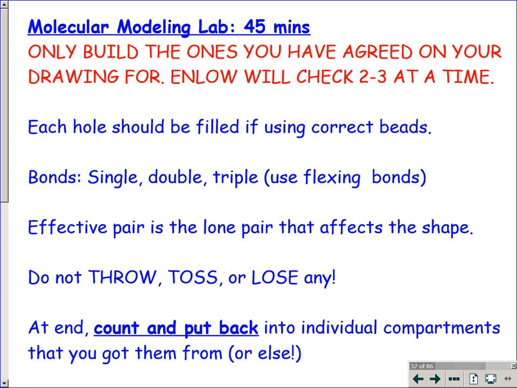Why can't we just all use like that? M2 is non-polar. If it's